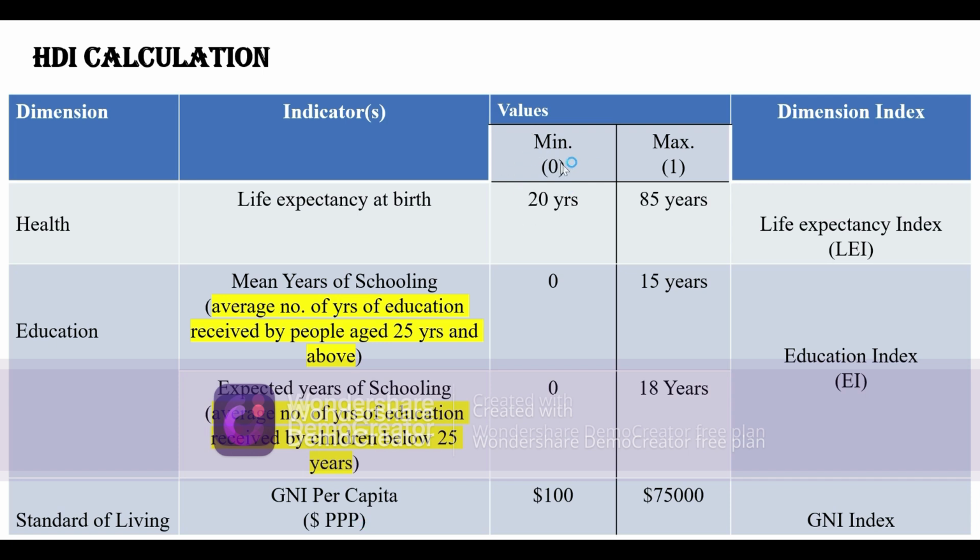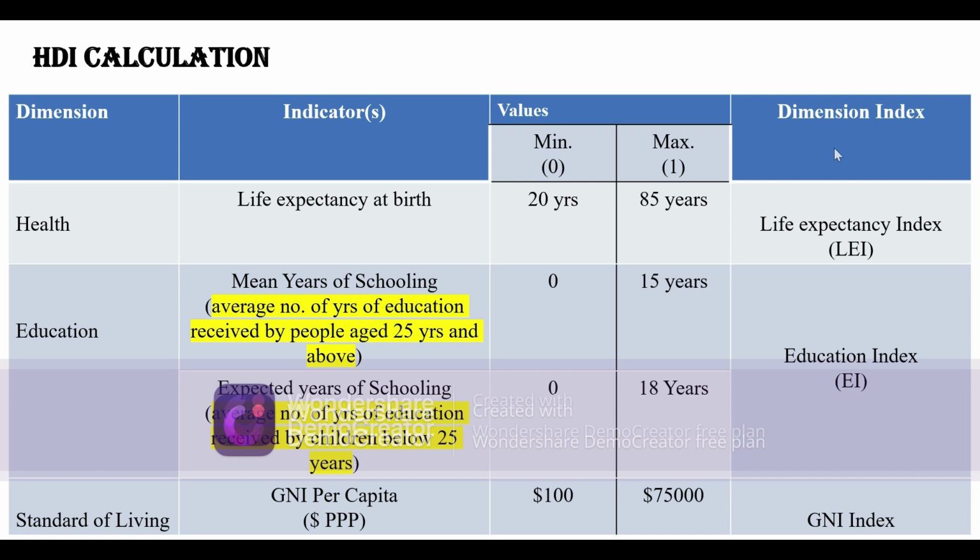The values range from 0 to 1. For life expectancy at birth the minimum value is 20 years and the maximum is 85 years. For mean years of schooling the minimum value is 0 and the maximum is 15 years. For expected years of schooling the minimum is 0 and the maximum is 18 years. And for GNI per capita in PPP terms, the minimum value is 100 US dollars and the maximum is 75,000 US